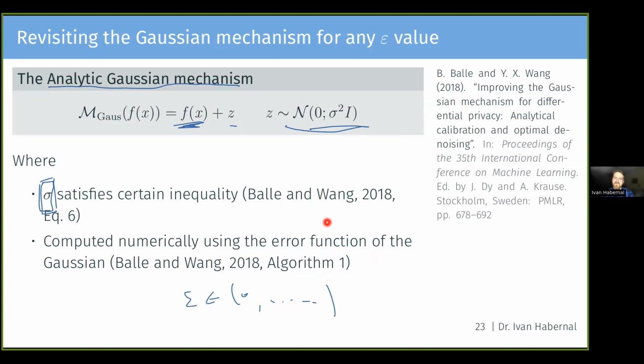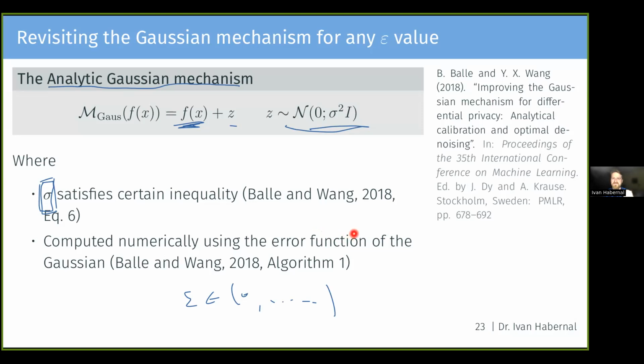Okay, so now we know pure differential privacy. We have the relaxation of epsilon-delta differential privacy, and two mechanisms, the Laplace and the Gaussian mechanism. What is also important for us, and we're now coming closer to NLP, so to say, it's important that